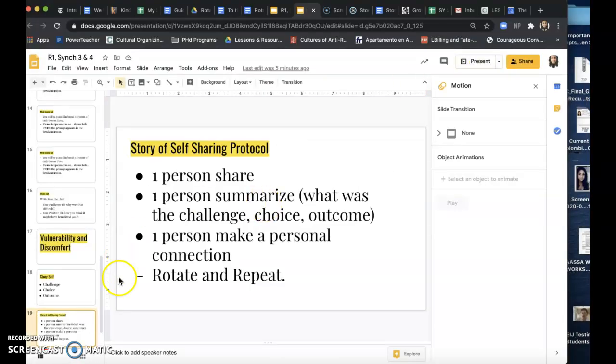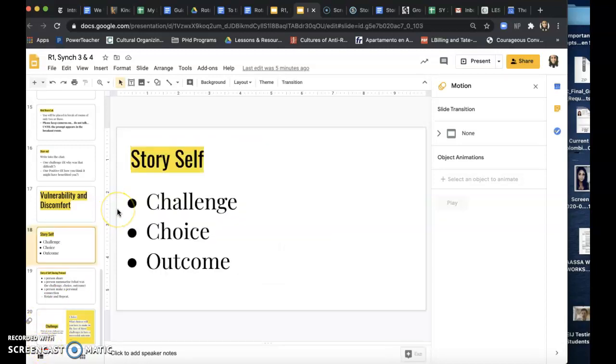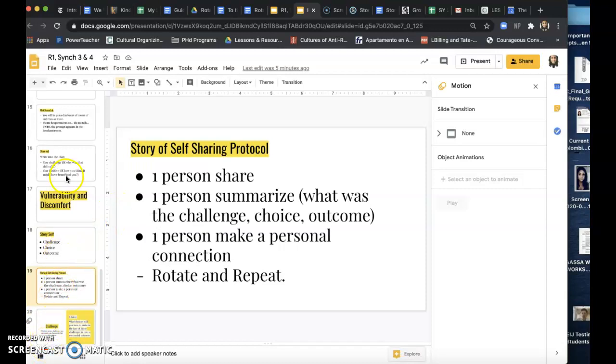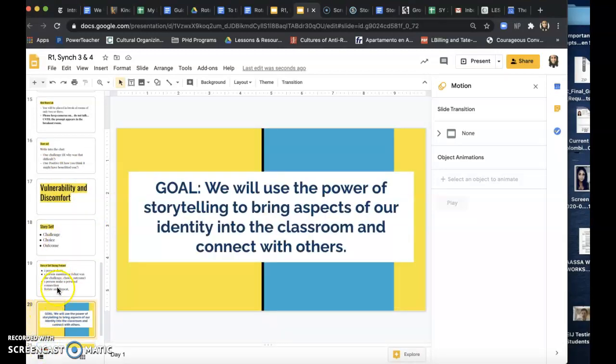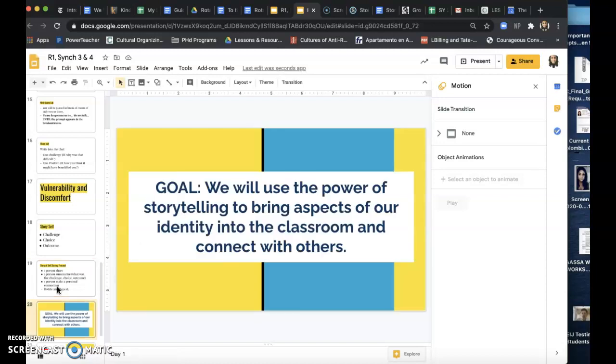It's up to you. You guys are going to have about 15 to 20 minutes in your breakout rooms to make sure everyone gets a chance to share, everyone gets a chance to make connections and sort of build on accomplish that goal of using storytelling to build community. So you'll have them do that for 20 minutes or so, 15, 20 minutes, and then bring them back and say,